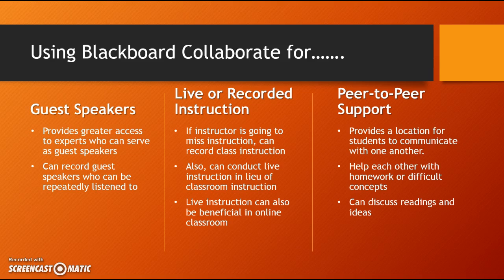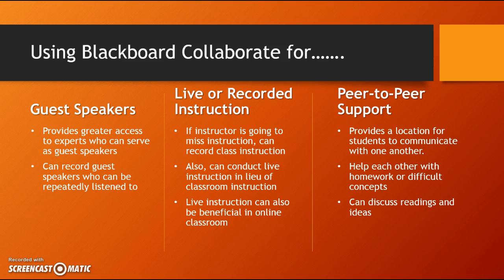This provides a great outlet for letting speakers interact with the students. The microphone can be modified so only the speaker can talk, questions can be recorded in the chat room and then moderated at the end, or even there could be an open forum where students can interact freely with these experts or guest speakers. Blackboard Collaborate can also limit the geographic restrictions of the speakers, so experts and speakers can be brought in from across the world, and students can interact with them and get to learn from them through